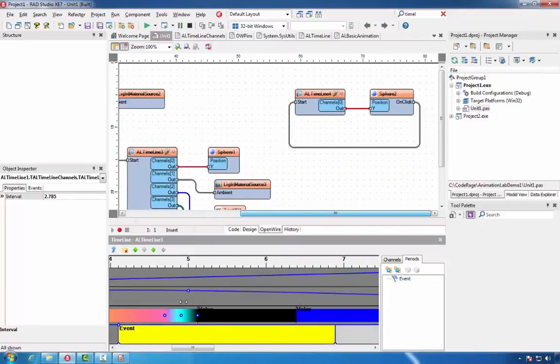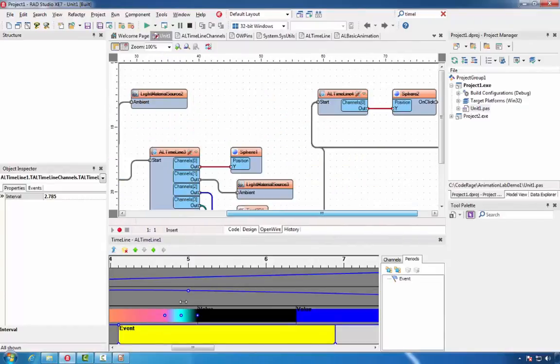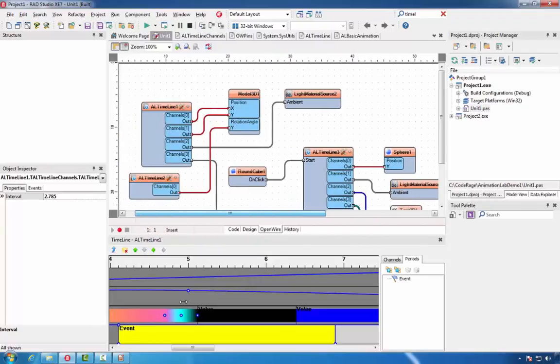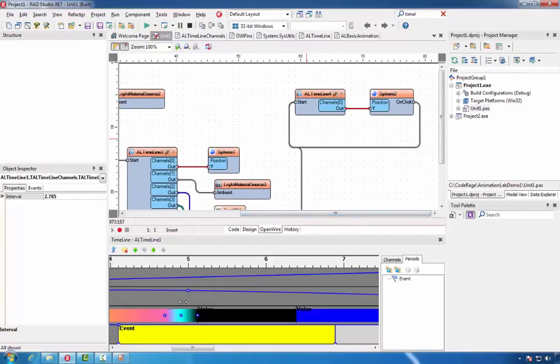In the OpenWire editor, we'll connect the start of timeline 4 to the newly added channel of timeline 1. This way, timeline 1 will also be able to start timeline 4.